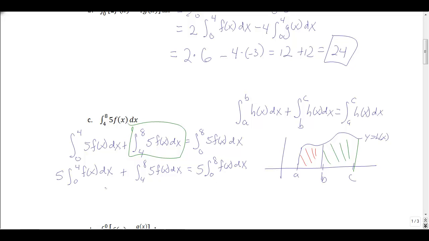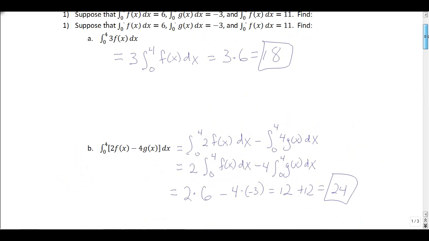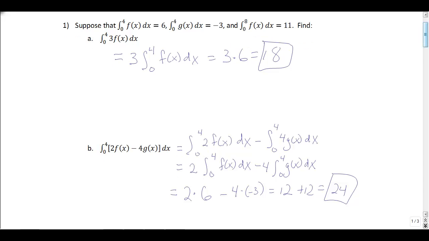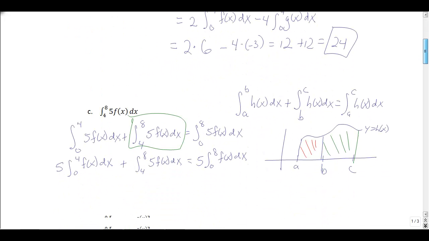And I have really this integral from 0 to 8 and 0 to 4. 0 to 4 gives me 6. 0 to 8 on f gives me 11. So this is 5 times 6 plus the thing we're actually looking for